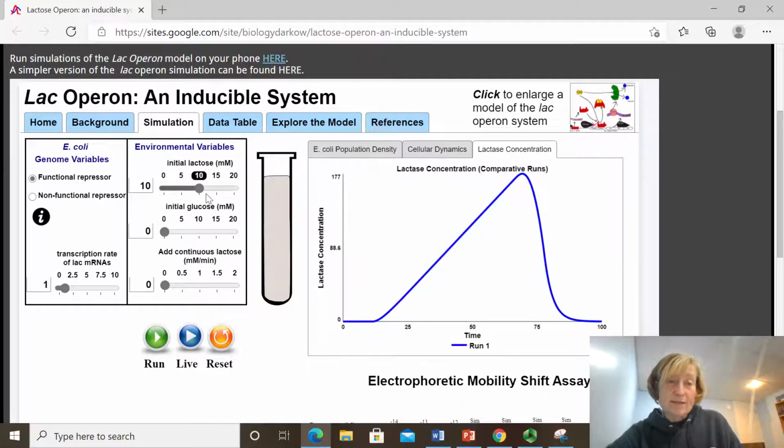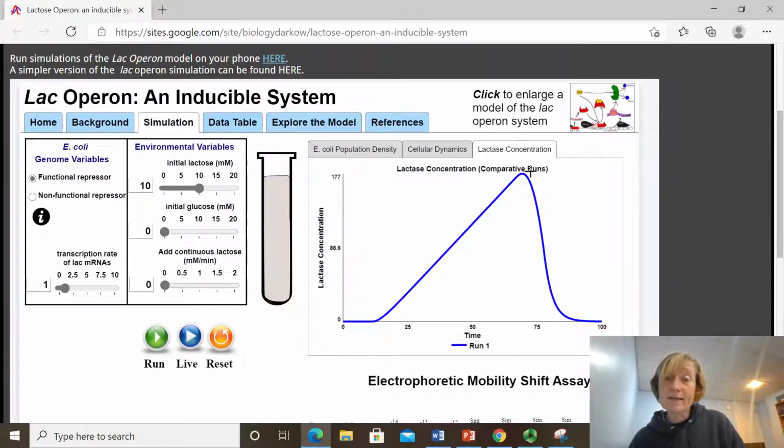When there's lactose present, the lactase concentration starts out at nothing, because in a bacterium without lactose, it shouldn't be making any of this beta-galactosidase. But as soon as there's some lactose present, then it starts to make beta-galactosidase, and it keeps making it until,